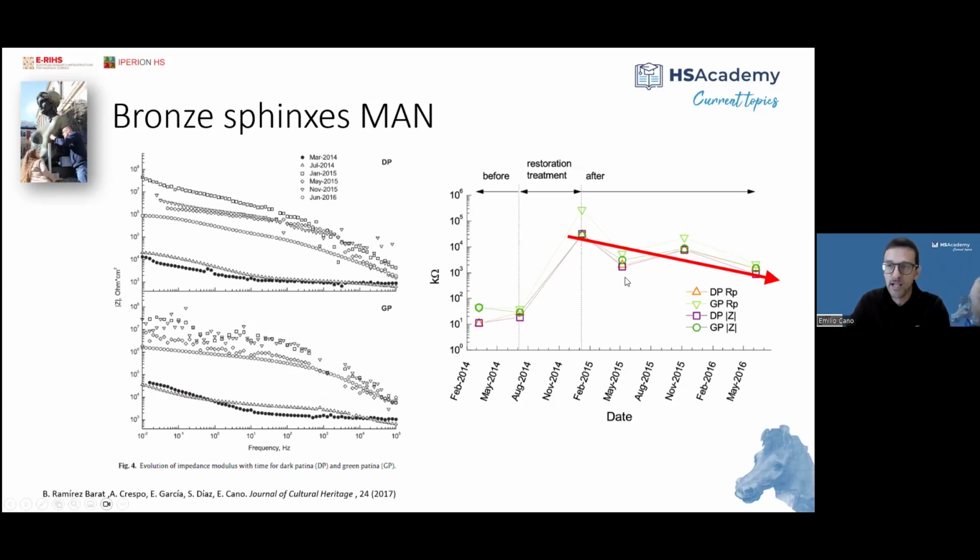The degradation, not in chemical terms; we are not analyzing the composition or the chemical degradation, but what we are measuring is the actual performance, the degradation of the actual protection performance of the coating.